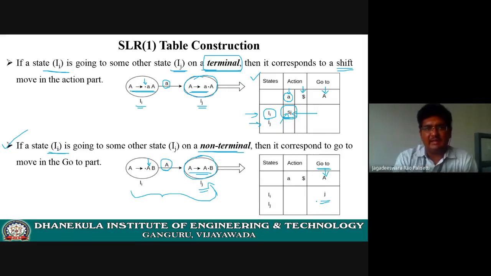So these 2 points are there. Whenever you perform a shift action on a terminal, we have to write like S3, S4. Whenever you perform a go-to action on a non-terminal, of course we reach a new state, but only the state number is represented under the go-to part. Clear? These 2 points simply come from LR(0). Nothing new in LR(0). I hope everyone understands these two. On a terminal, if you have to shift, what you have to write. On a non-terminal, if you perform go-to, what you have to write on the table. That's it. Am I clear now?